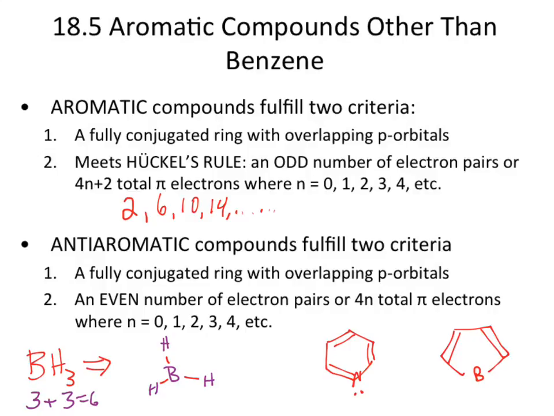So this has all of your overlapping p orbitals. That's set. But we don't have the correct number of pi electrons. So it would be anti-aromatic. If we wanted to get really obnoxious with this,